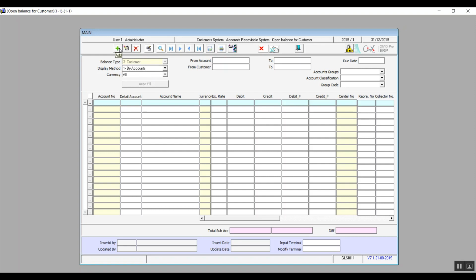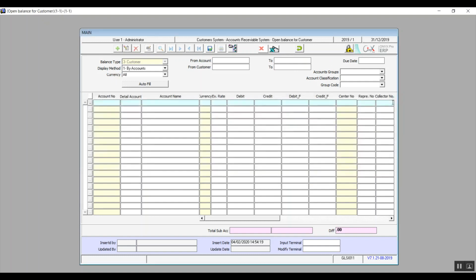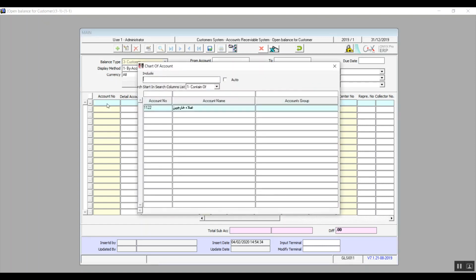We can use this screen using 3 different ways. We can import from Excel using this icon after clicking on Add, of course. And we can also automatically add the data using the upper section. You will enter the details, or you will fill in the fields that you have up there and then click on Autofill. Or you can just manually use this screen by hitting F9 in account number, select the account number,